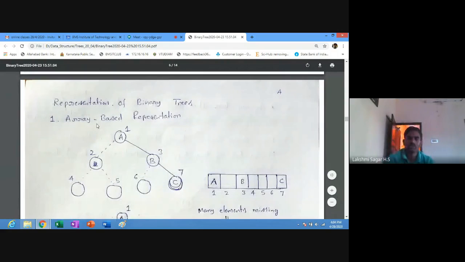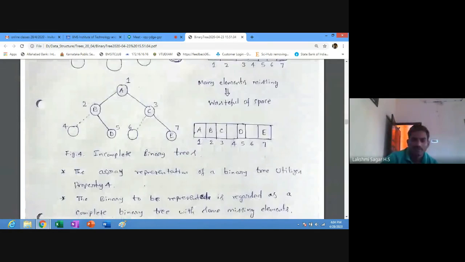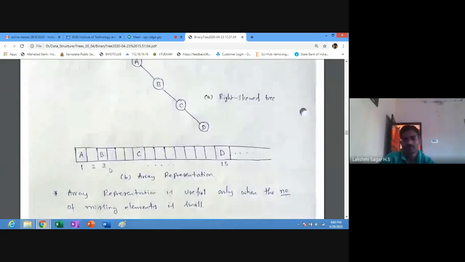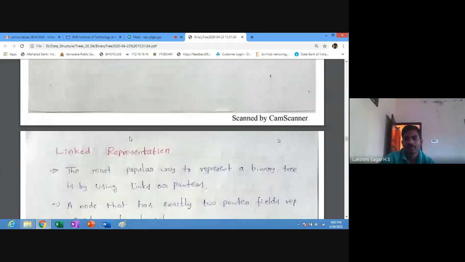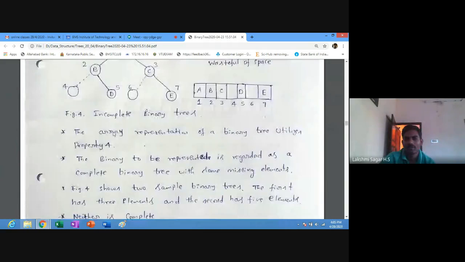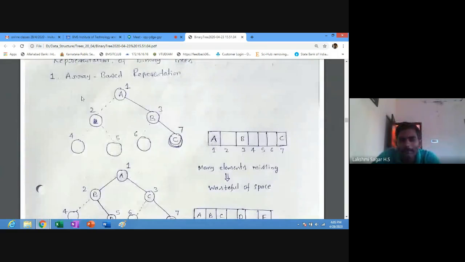Next, representation of binary trees. One is array based representation, and one more is linked representation. Array based representation you already know how to do. This is very simple.